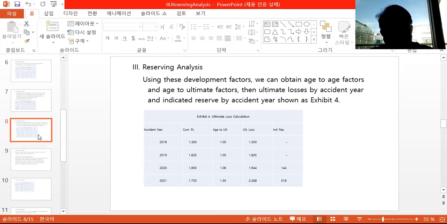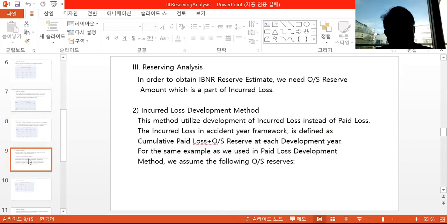And then you have the age-to-ultimate factors. You multiply them by the cumulative paid loss, and you get ultimate loss. And then subtracting the cumulative paid loss, you get the indicated reserve amounts. Here, because we don't have outstanding reserve data, we cannot get the IBNR reserve yet. In order to obtain the IBNR reserve estimates, we need the outstanding reserve amount, which is a part